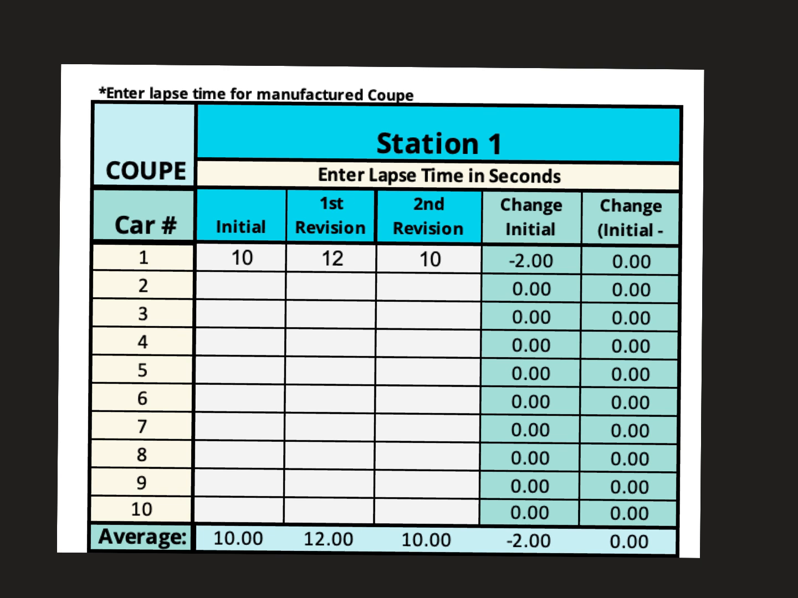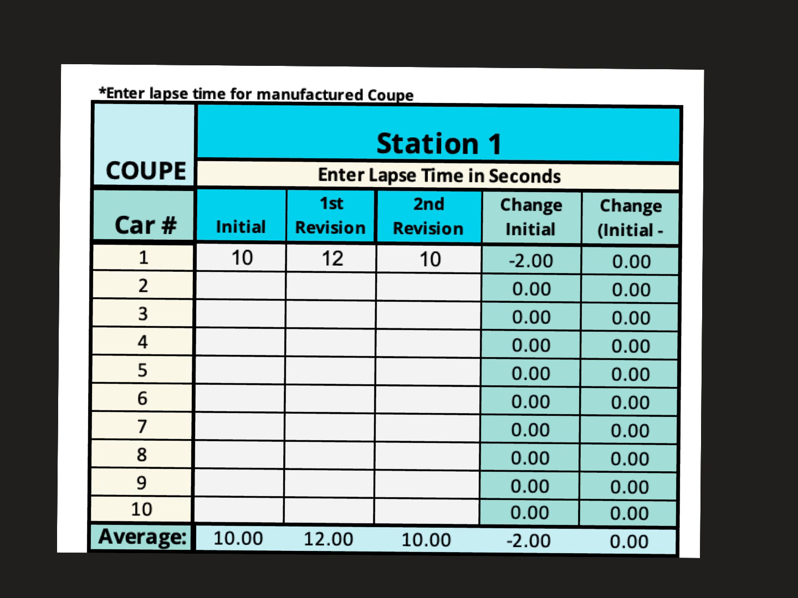So in this obviously very basic example, the students only got one coupe completed during their initial trial of the simulation. It took them 10 seconds to build the wheels of the first car, because that is station one. And then it took them 12 seconds after they made their own changes to build the wheels in station one